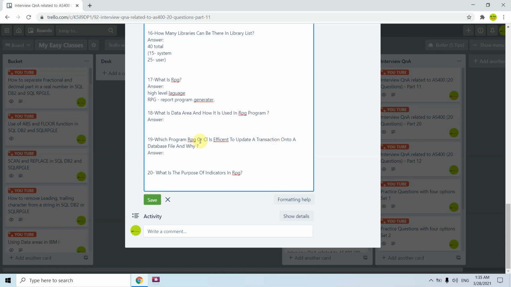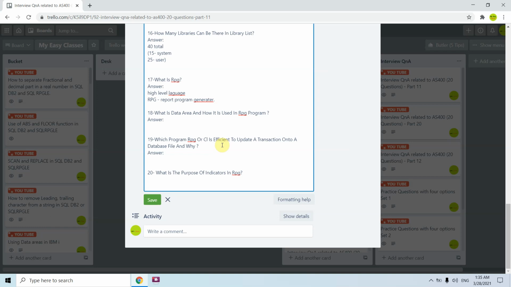Now the 19th question is, which program, RPG or CL, is efficient to update a transaction onto a database file and why? As we all know, in CL we cannot perform insert and update operations on a file easily. Nowadays we have options to use the RUNSQL statement, or we can execute an SQL statement, but we cannot perform native I/O on CL.